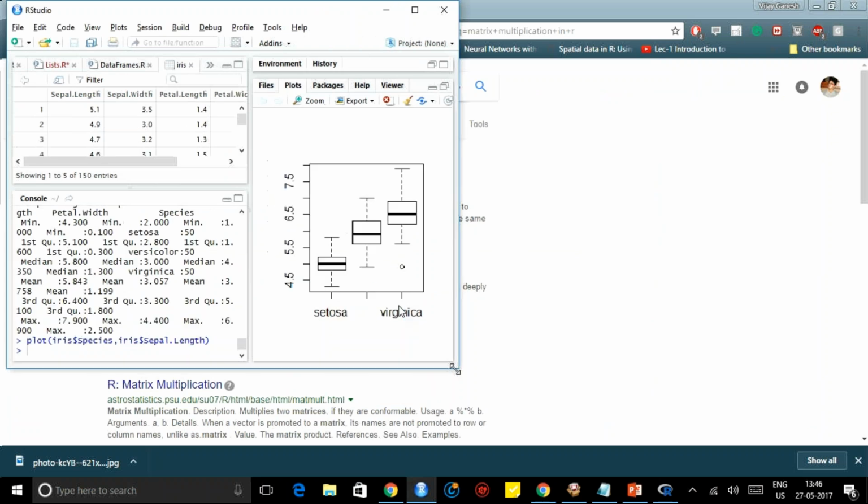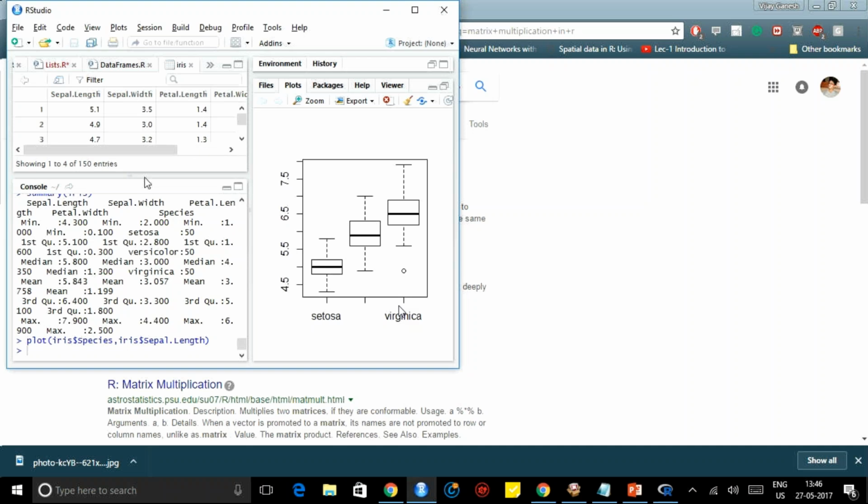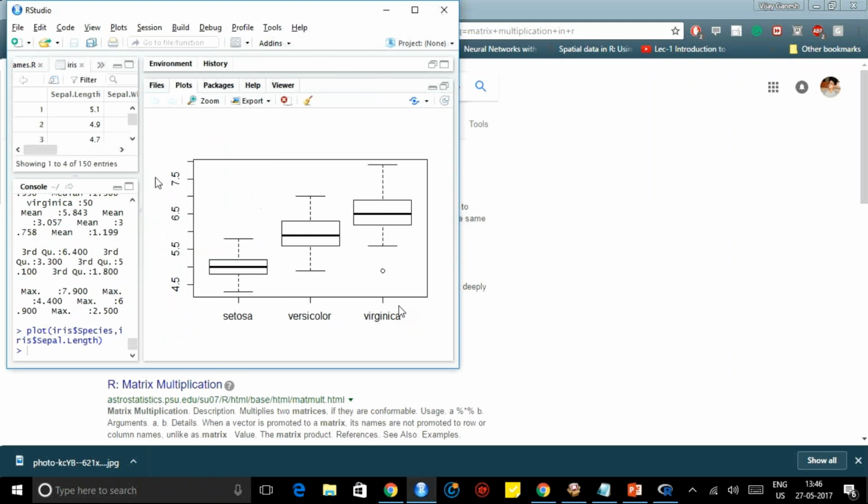What we can understand is Setosa generally has a small sepal length. The second one is Versicolor, I guess. It has comparatively longer. So from this picture you can understand that it is increasing.